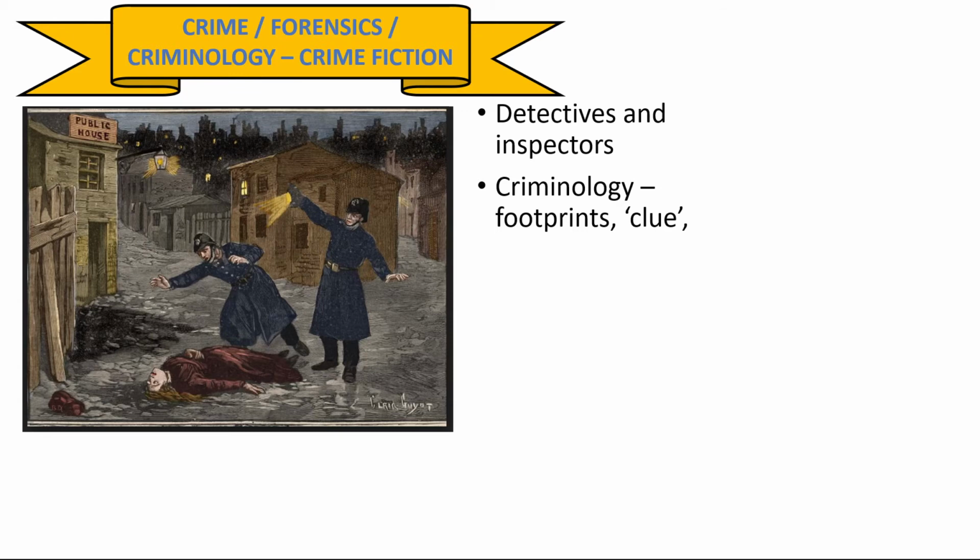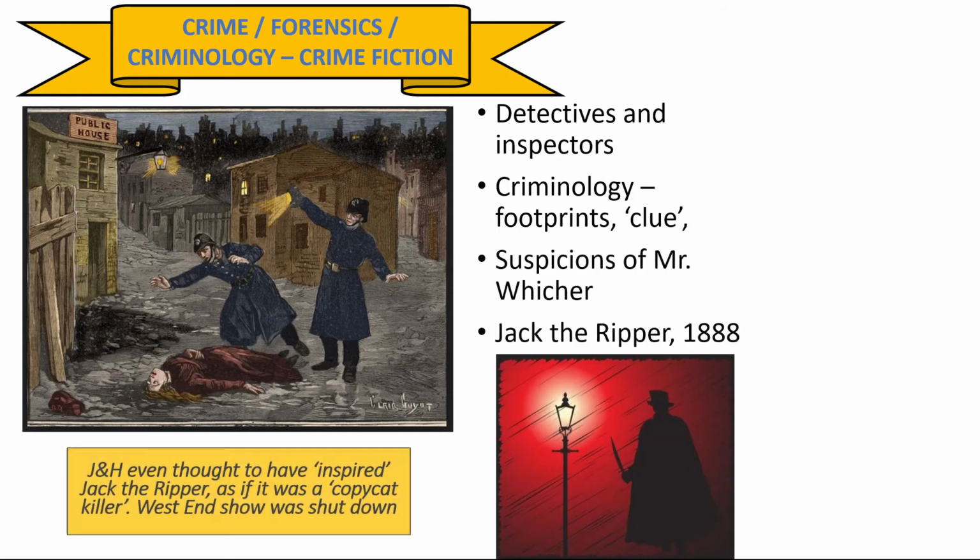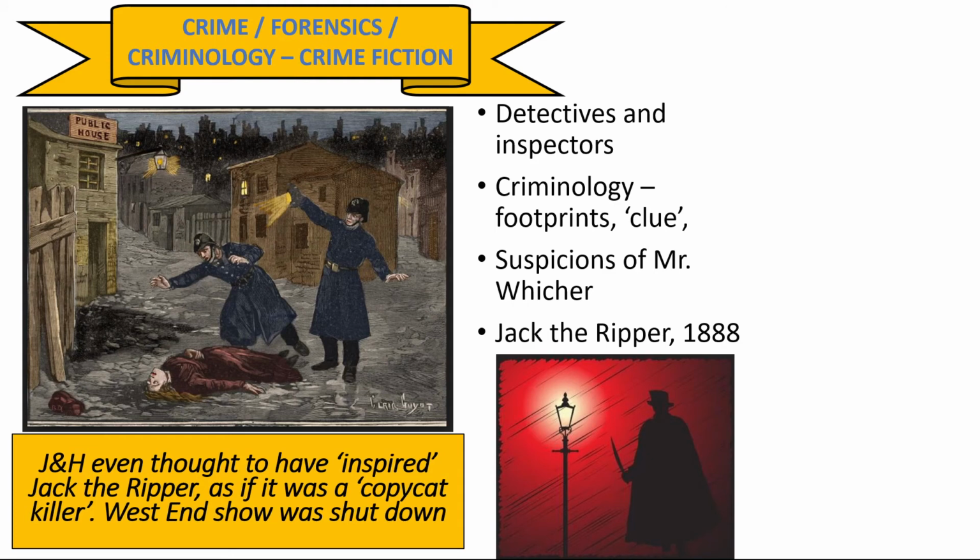And so Stevenson is really kind of getting in on the ground floor, not that long after Edgar Allan Poe is publishing Murders in the Rue Morgue, and Dupin, or Conan Doyle is creating the character of Sherlock Holmes. Stevenson is creating Dr. Jekyll and Mr. Hyde. It reads like a whodunit. And you get the start of criminology at this time as well. They first start to realise footprints can identify a person. The word clue comes into the English language. There's a great book about suspicions of Mr. Witcher you might want to read, a true murder story with one of the first detectives,